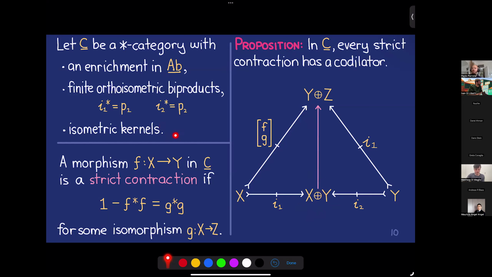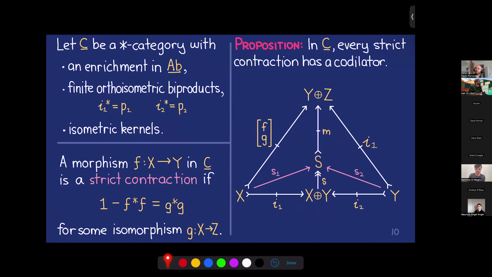So I can factor it because I have these isometric kernels. Essentially I take the co-kernel of this map and then the isometric kernel of this map. And then the unique comparison morphism here you can show is actually an epimorphism. So that's what I'm going to do. And then I'm going to compose this epimorphism with the injections to get another cospan, which I'm going to call